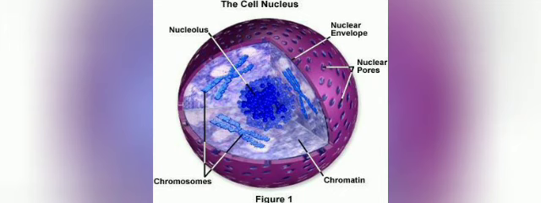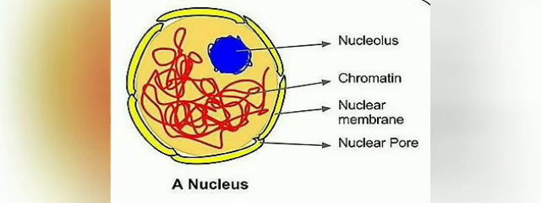The nucleus is made up of many parts, and let us discuss in detail one by one. To begin with, the first one is the nuclear envelope or the nuclear membrane. The nucleus has a double layered covering called nuclear membrane, which separates the nucleus from the cytoplasm. Here in the picture you can see the outermost layer, which is yellow in color. It is the nuclear membrane, and it separates the nucleus and the cytoplasm, right?